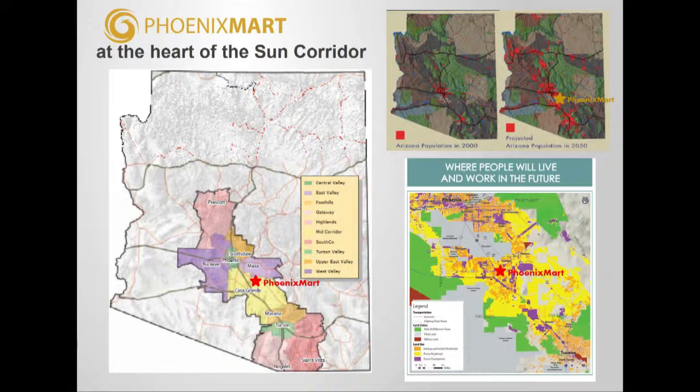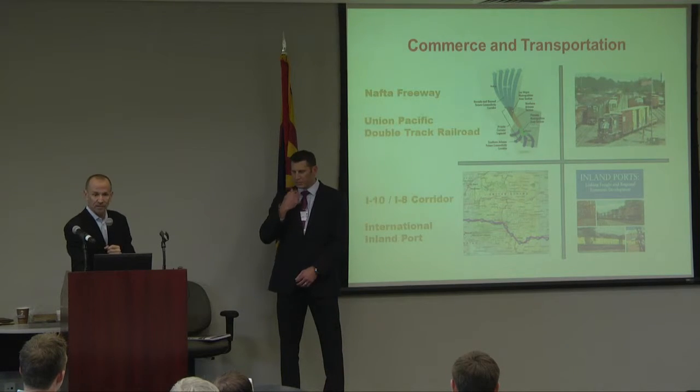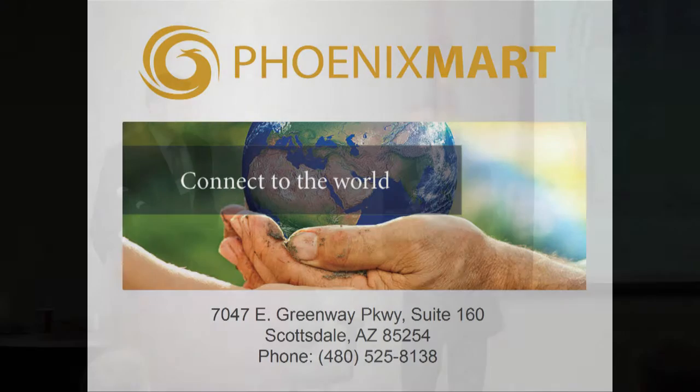to the west. If you look now at the Sun Corridor and you look at where the projected population growth and your projected job growth in those areas, this is truly in the heart of that. So NAFTA freeway, Union Pacific double track, the I-8, I-10 corridor, the international inland port discussions that's been going on, and the like. To have a permanent trade show space, to have a permanent suite where you can showcase your